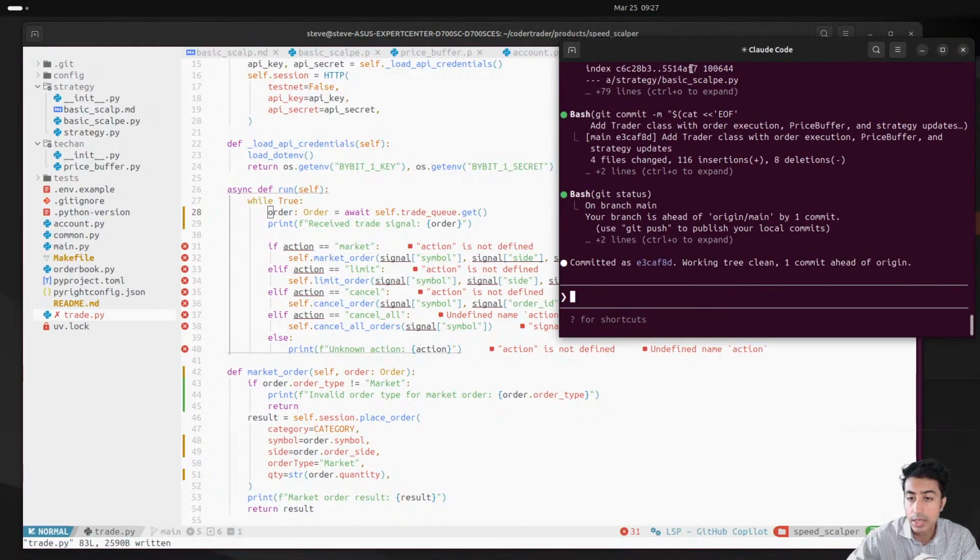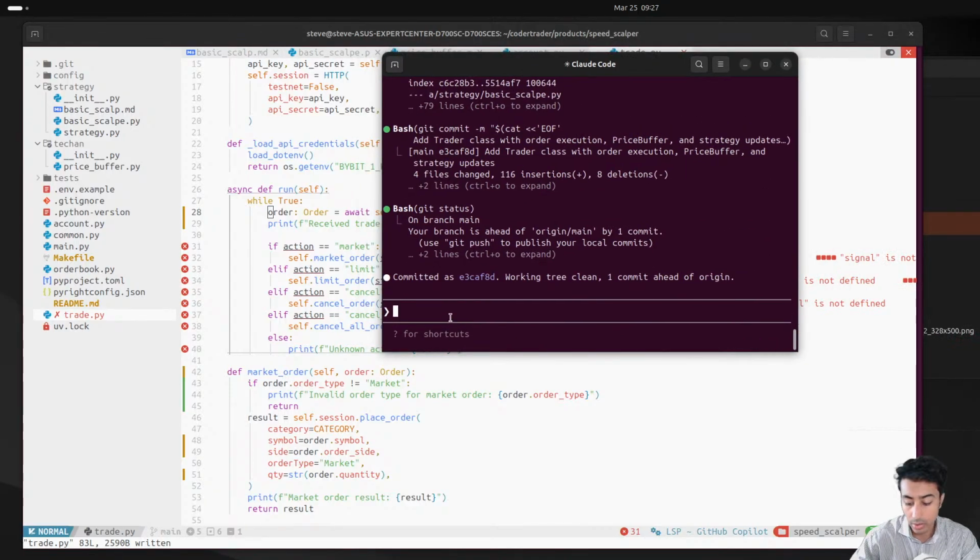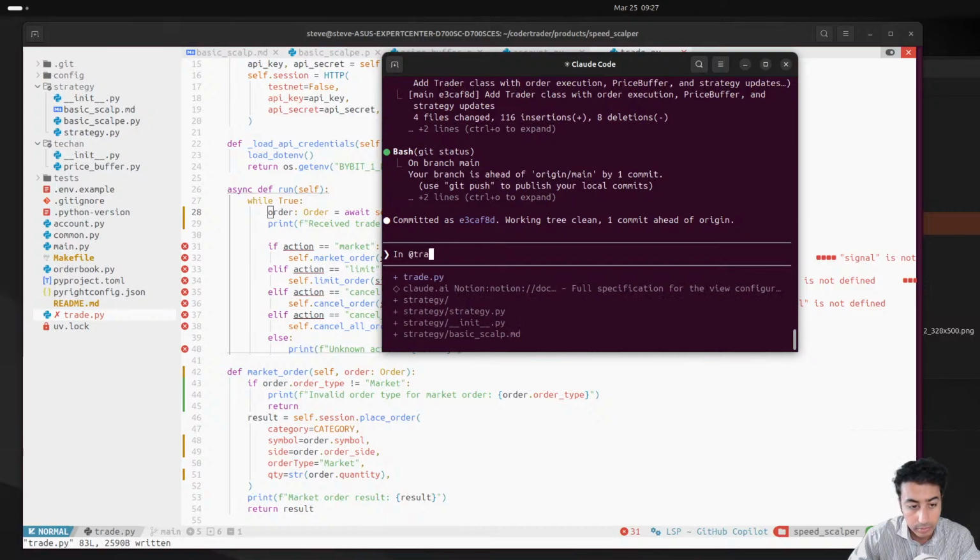You don't need to ask AI to do everything, but when you want to change, so in trade.py, line 2.8, I changed it to order